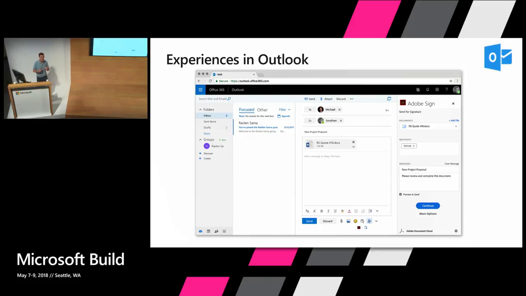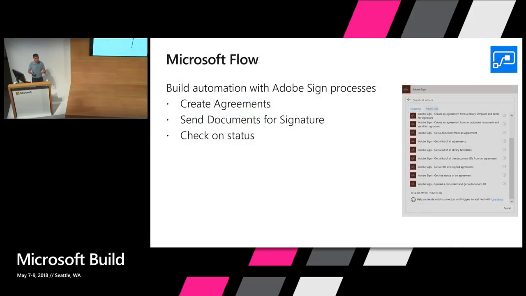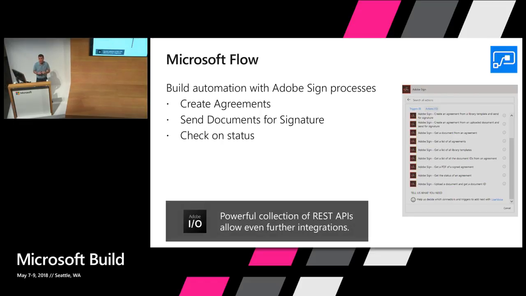Now, these solutions are great for very ad hoc use cases where end users need to use our experience to initiate a flow in some form. But what if you have a more automated case? Well, with Microsoft Flow, we have a component that lets you automate these processes, taking agreements from templates and sending them out using Adobe Sign and Adobe Document Cloud to others. You can do many of these tasks directly from within Flow, regardless of your technical skill. Beyond that, we also offer core APIs through our gateway, Adobe I/O, giving you a powerful set of REST APIs into all of Document Cloud to handle solutions such as this.